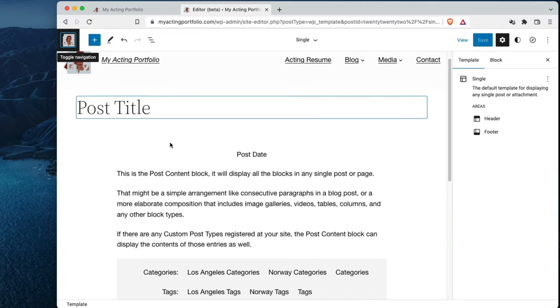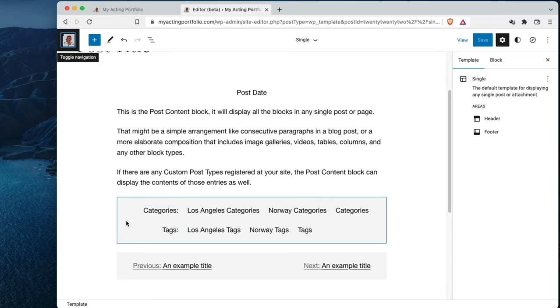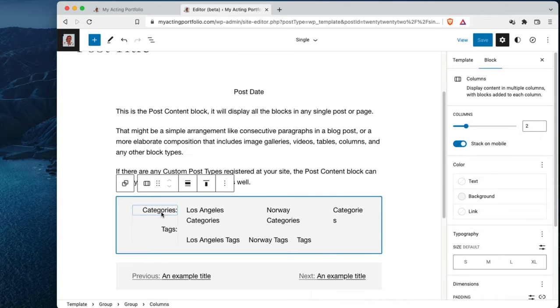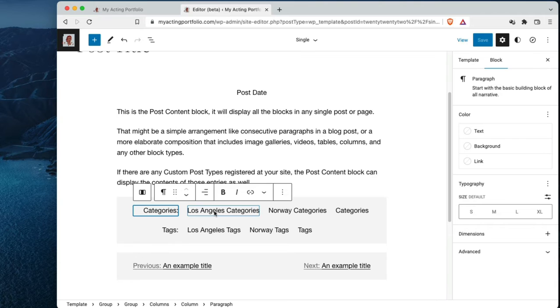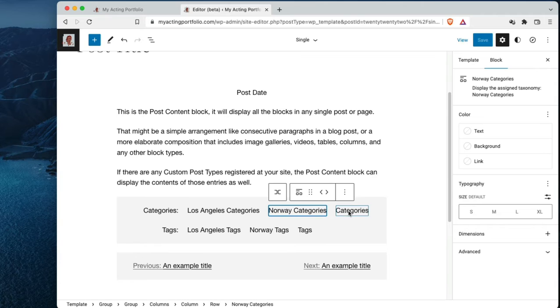So here is the post title and post date. And this is kind of special done. This box here, I added a group, put in categories. And since this single template is used for Los Angeles diary and Norwegian diary, as well as the regular categories, the blog posts, I had to add then the Los Angeles categories, Norway categories, and regular categories, so that, for instance, if I use Los Angeles or Norway or the standard blog categories, there will be some information here, as